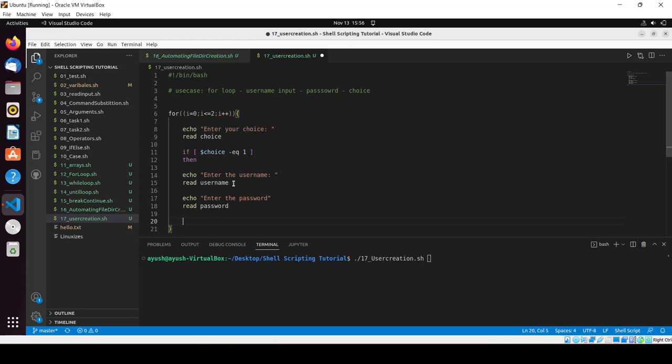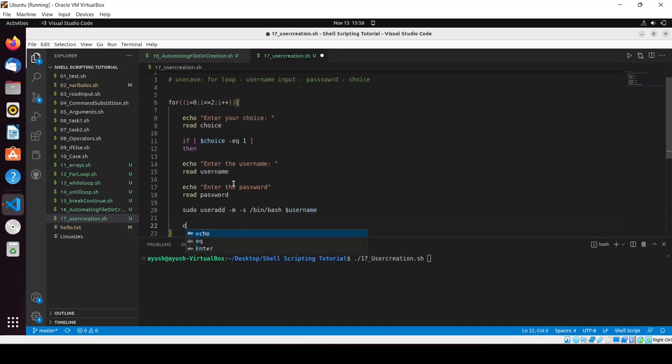Okay, so the command that we use to add the user, that is the useradd. Then we will use sudo useradd and we will provide hyphen m hyphen s slash bin bash. Okay, and the username. So username is this one. In this we have stored a username, and then we will pass the password because chpasswd takes the two parameters. Okay, so I will pass like this. Okay, so dollar username